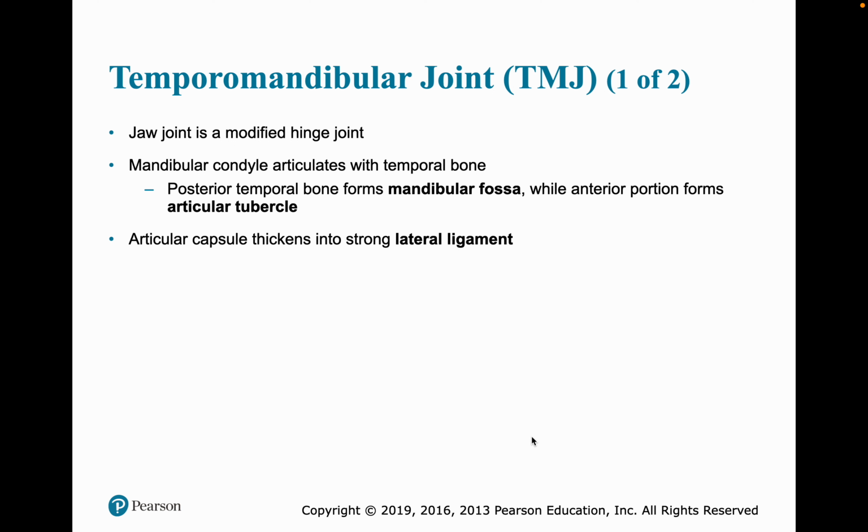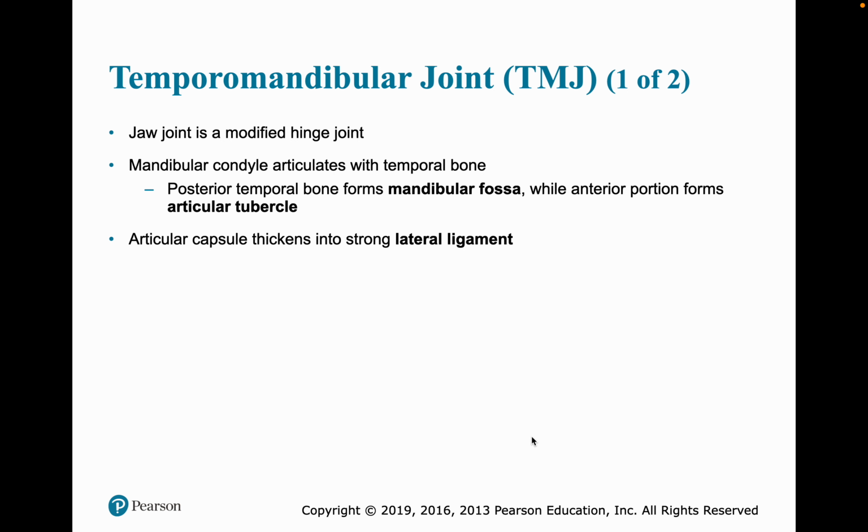So if we start with the temporomandibular joint, which is TMJ, we'll get to that initials in a moment. The joint is a modified hinge joint. The mandible condyle articulates with the temporal bone. Posterior temporal bone forms a mandibular fossa, while the anterior forms the articular tubercle, and the articular capsule thickens into